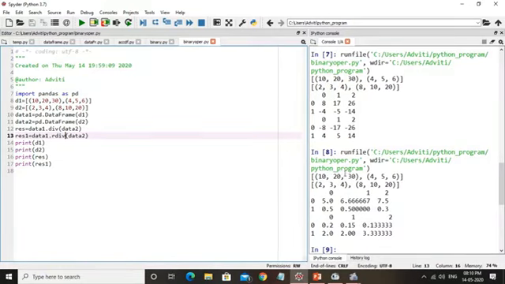You can check the output. 20 divided by 3, the output is 6 point something. 30 divided by 4, then output is 7.5. But this time when you are performing the rdivision function, it means 2 divided by 10, 3 divided by 20. So now you can understand the difference if we are using right hand side division, right hand side addition, subtraction or multiplication.